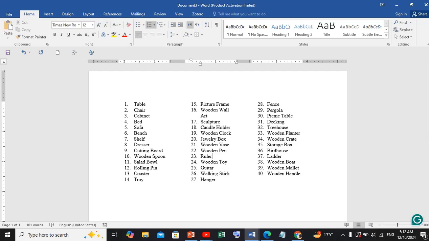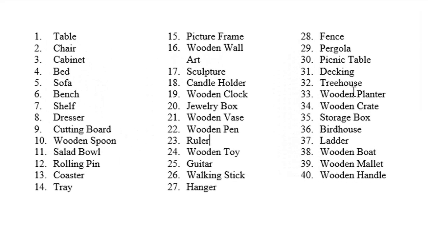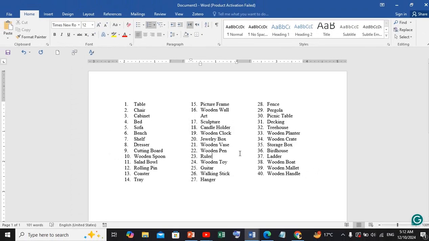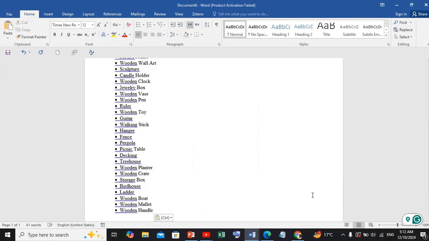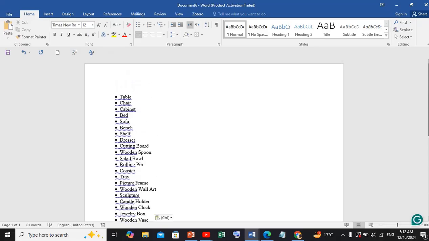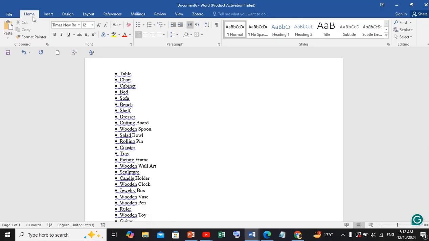In this quick video, we will learn how to create 2-column and 3-column lists in MS Word. For this, I have just opened a new document in which a random list of items appears in just one column. So you just have to go to the Home tab first, then go to Show and Hide